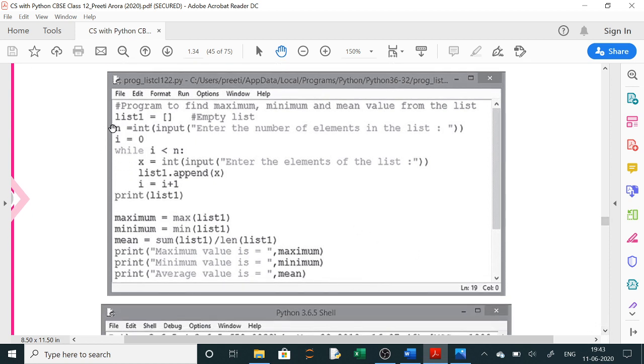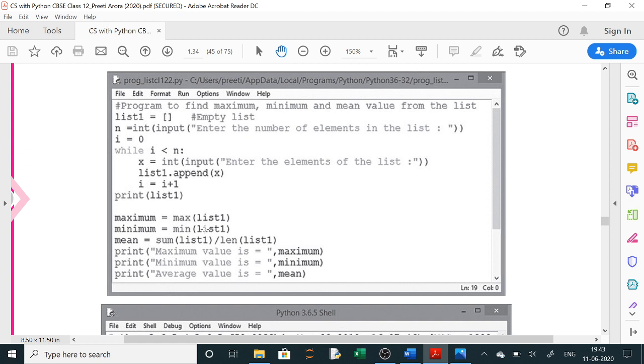So here you have seen a list is given, how many elements you want to input, you have taken from the user n, then you have used a while loop and this will repeat n number of times. User will enter the element of the list and it will append in the list. So here you can see that using append function we are creating a list by adding the elements after taking them from the user.